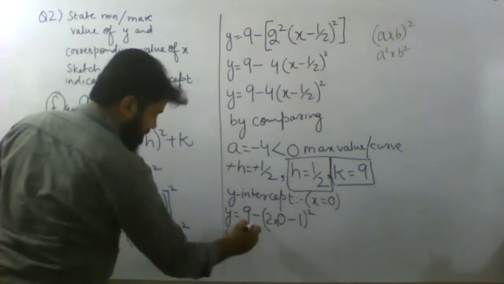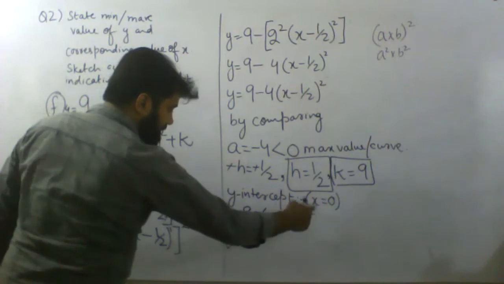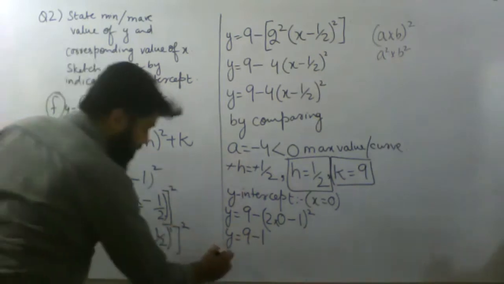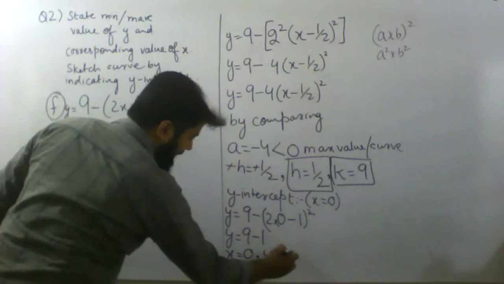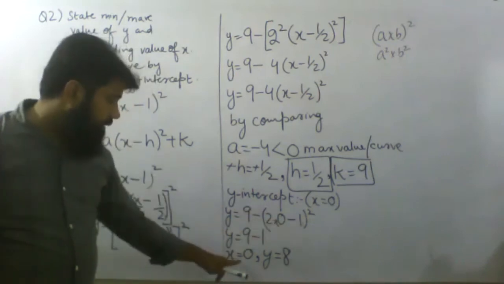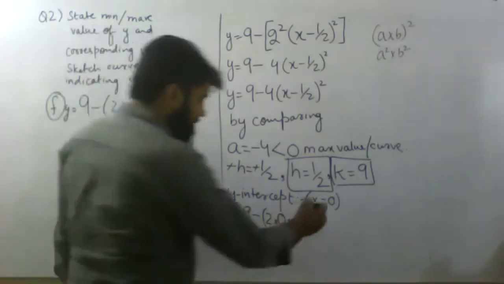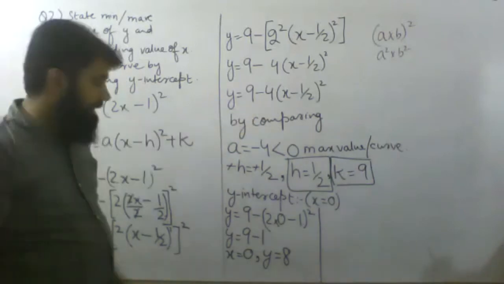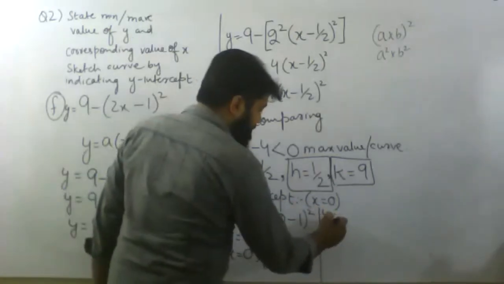y equals 9 minus 2 into 0 is 0. Minus 1 whole square will be 1. When I simplify it, 9 minus 1, the result will be: when x is 0, y is coming 8. So when I have plotted x as 0, the value of y is coming 8. Now I am doing the same working with this one, so you can get the idea. Are we having the correct thing or not? So y equals 9